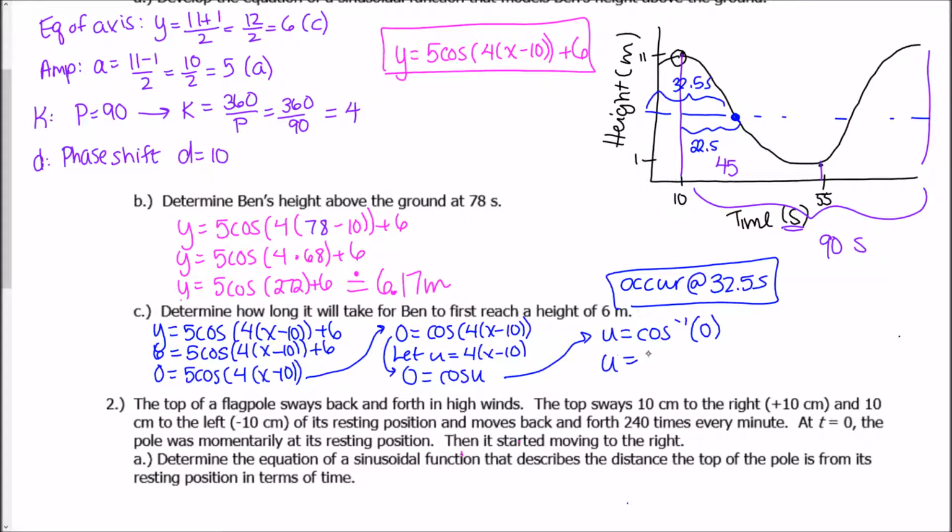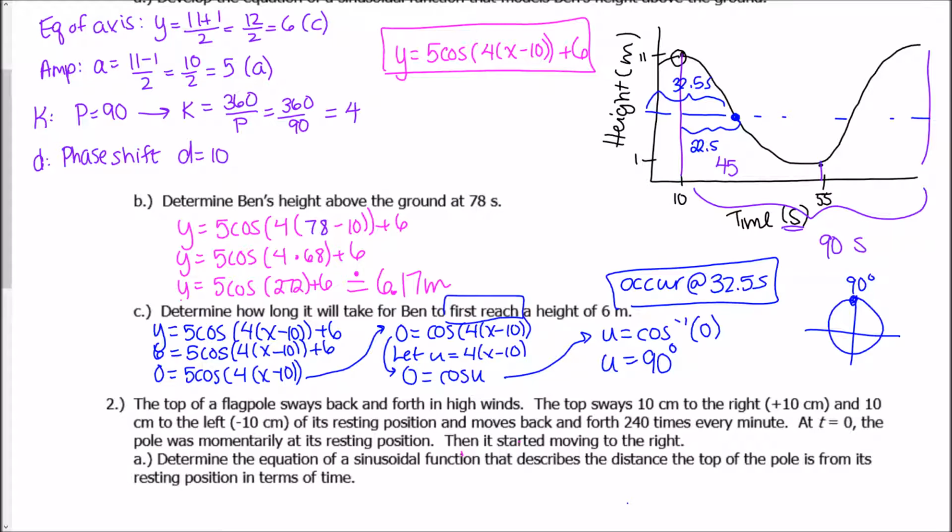Okay, and so we need to figure out when the cosine is going to be 0, and we know that cosine will be 0 right up here at 90 degrees because the x value is 0. So u would have to be 90 degrees. It could also be 270, but it says to first reach a height of 6 meters, so we only need